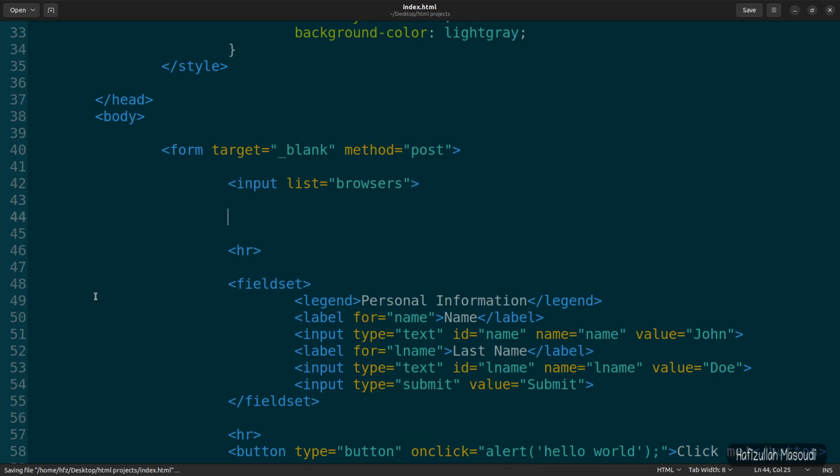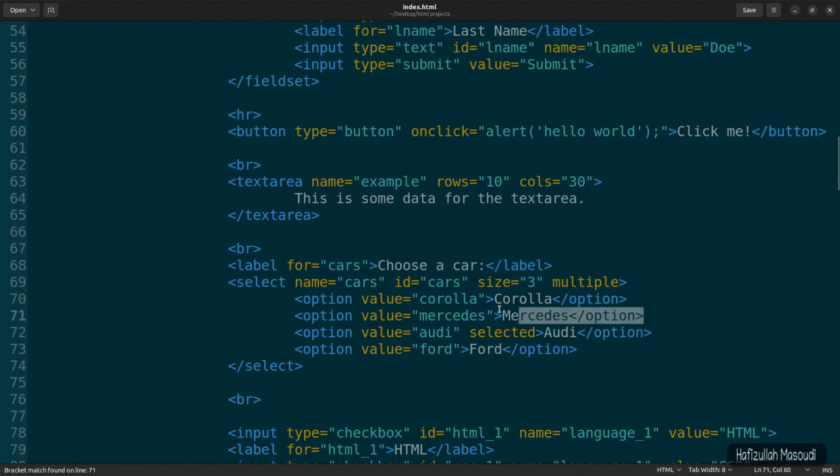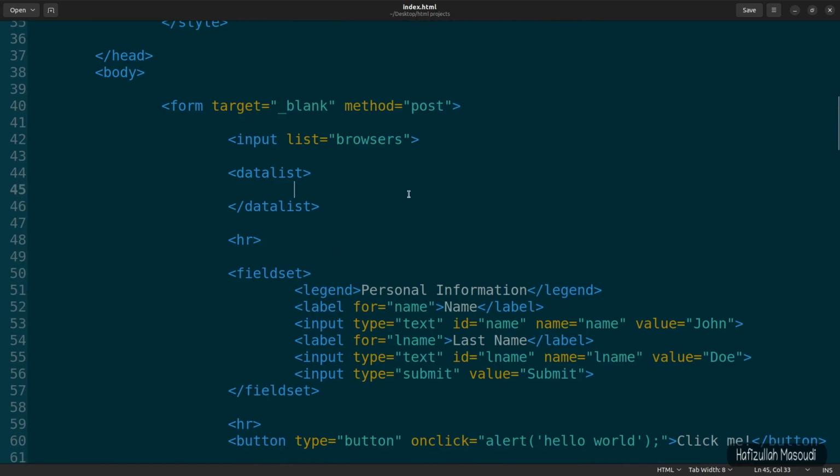And now we can create our data list. So let's open the data list tag, and let's close it. So data list, and inside here what we have is some options. So let's copy one from the select element and let's paste it here. Well, for the value, let's say for example Internet Explorer, and in here let's say Internet Explorer, and what I will do is copy this,